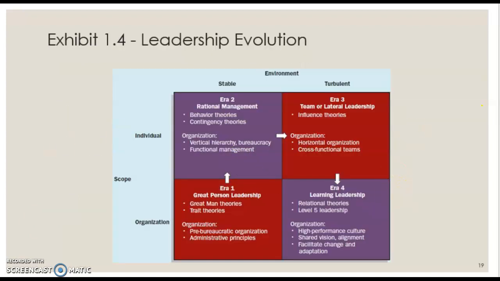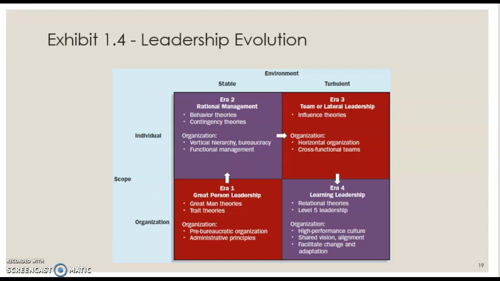Here is the evolution of leaders. And you can see era 1 start over in the far bottom right corner. See how it's much more organizationally motivated, but it's also a single person. Now, as you move up, you see rational management. This is where we start to think about function. I want to remind you, management exists to limit chaos. That is the critical reason why. But notice perceptions are changing.